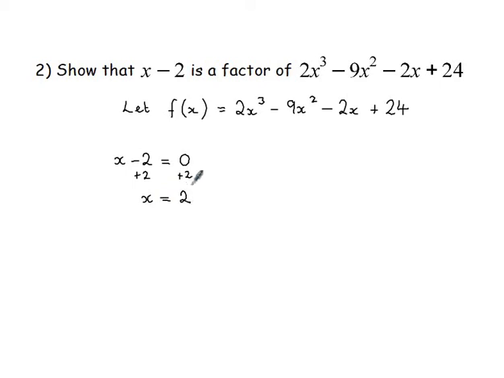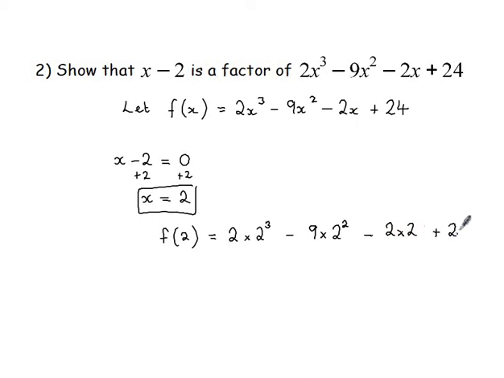So you're going to substitute the positive 2, so x equals 2, into our f of x, and hopefully we'll get it equal to 0. So we have f of 2 equals, we don't have to put brackets around it because it's positive, you can if you want, but there isn't really any need here. So we have 2 times 2 cubed minus 9 times 2 squared minus 2 times 2